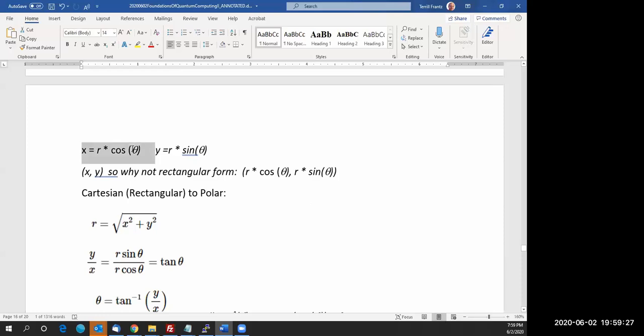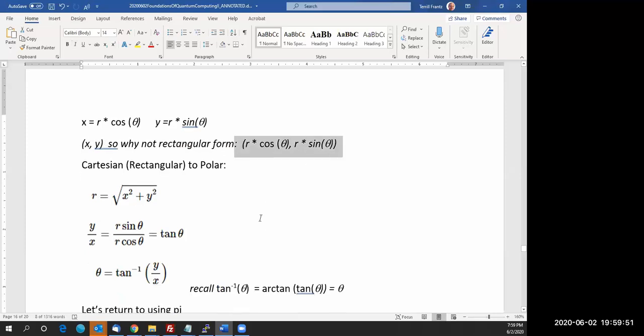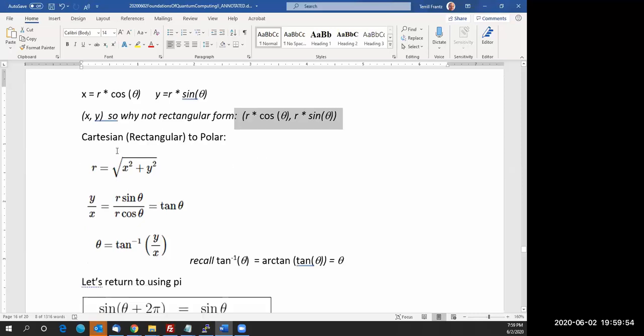So getting back to it, x is essentially r times the cosine of theta, and y is equal to r, again that's the radius or the length, times the sine of theta. So you could refer to the point x comma y as this point right here. So going between the Cartesian or the rectangular form to polar, we already have done that. We've figured out r, but to figure out the